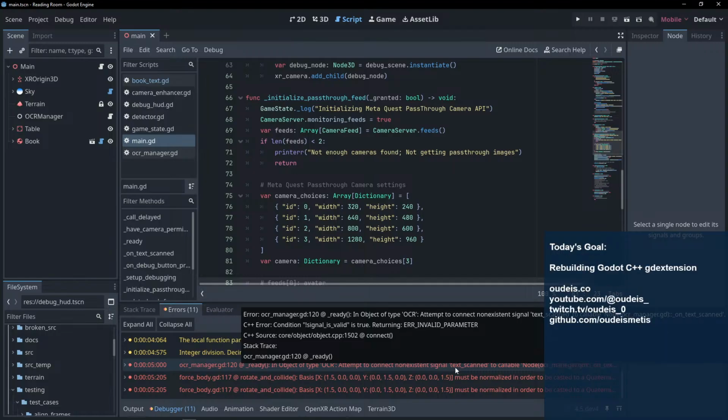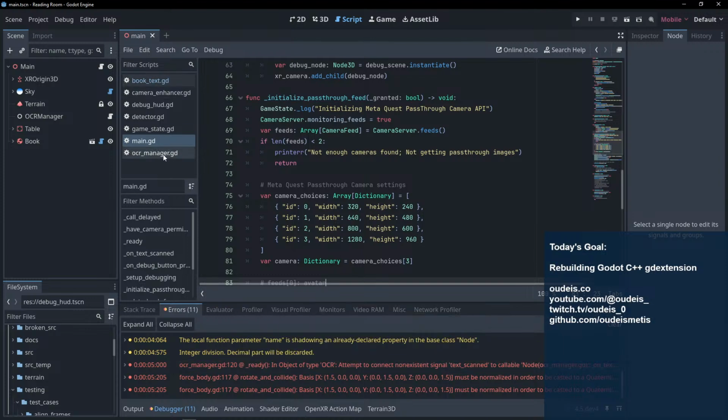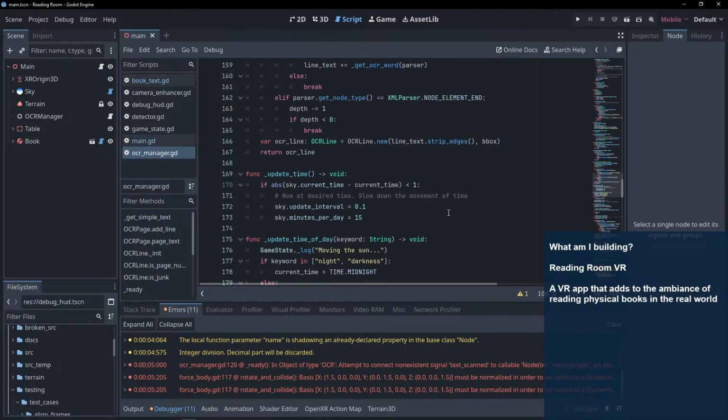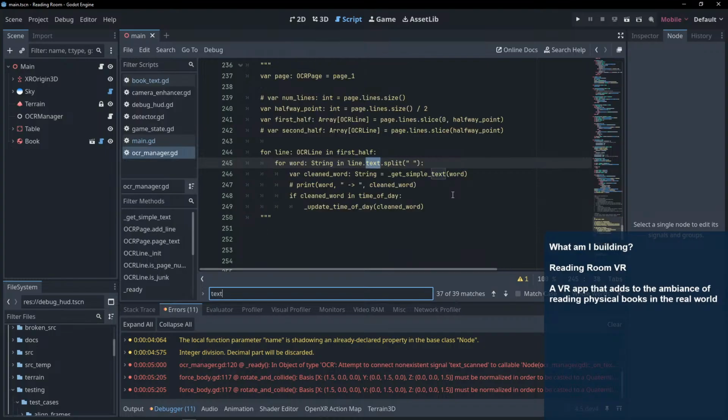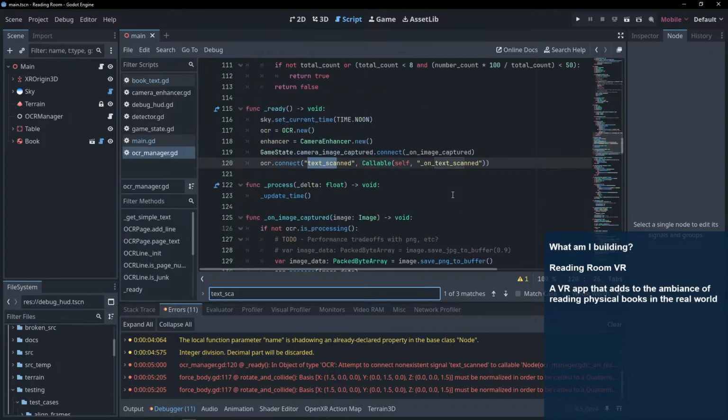This is the OCR manager. Attempt to connect a non-existent signal text scanned to call node. Okay, so that failed. Okay, so this is the new signal that I created.